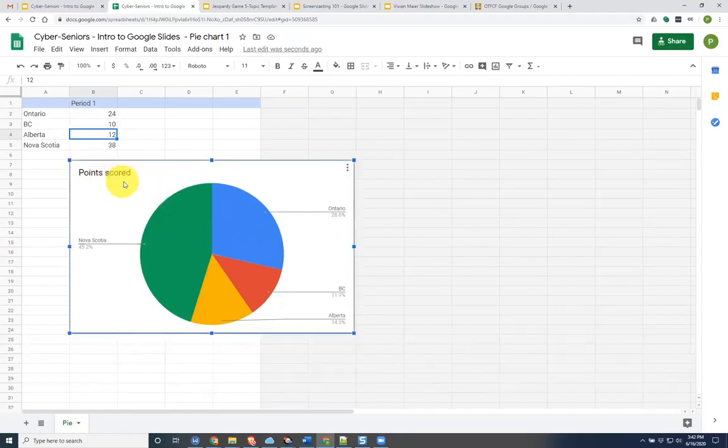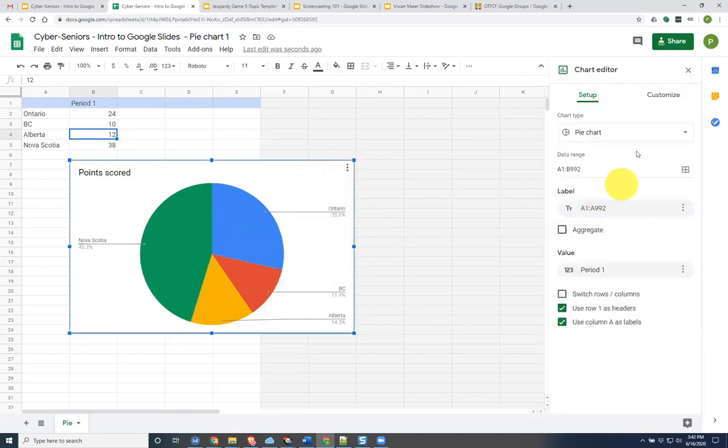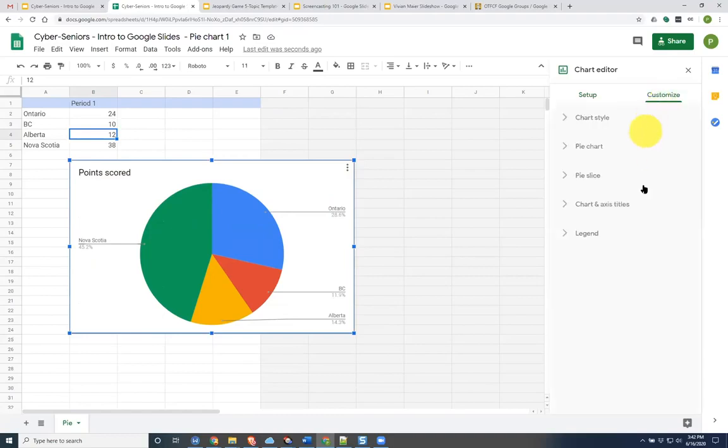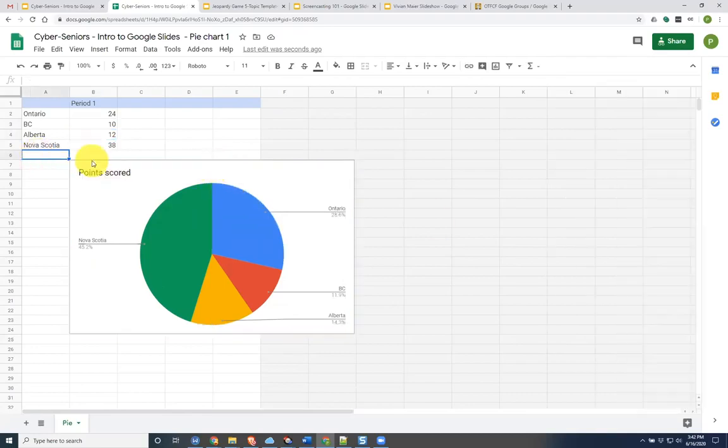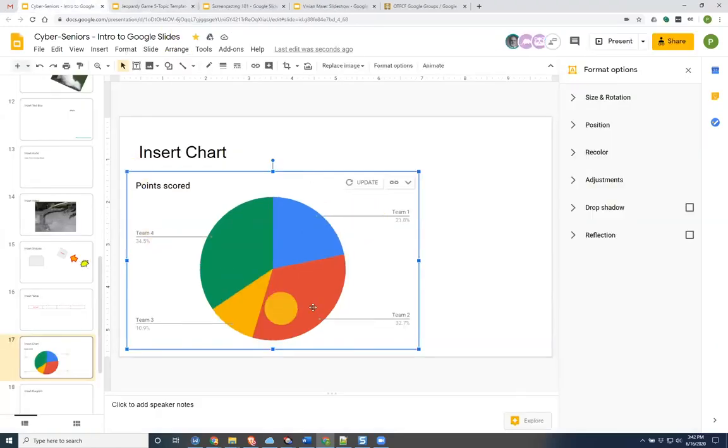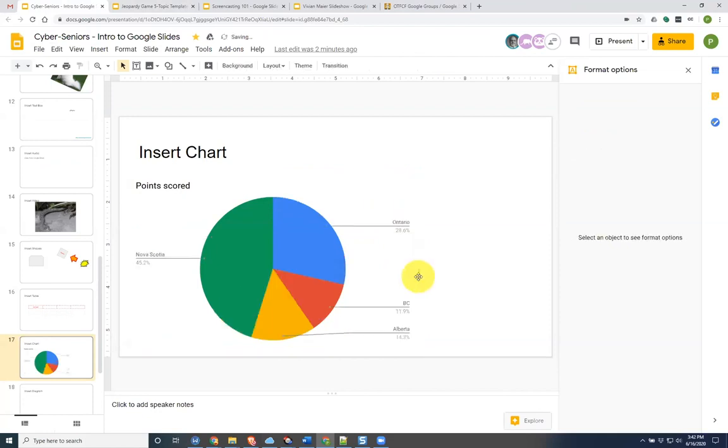And if we want to change the details of this, okay, so just like in Google Sheets, right, we would get all the options here to change the titles or whatever. If you want to add more information, you would just simply add another row right here, put in the data, and it would update automatically. Okay, so now if I close this, and if I go back to here, you'll see that it's still the old data. So what I need to do is click on update,